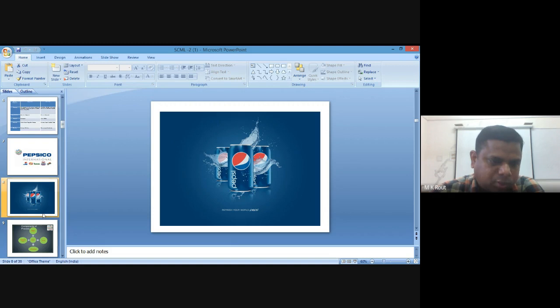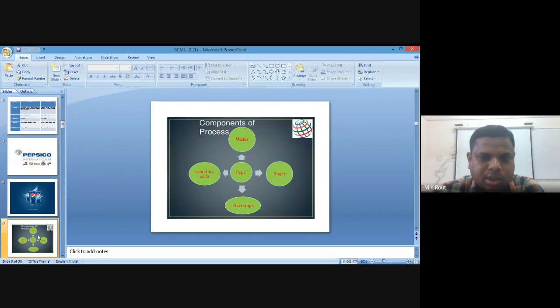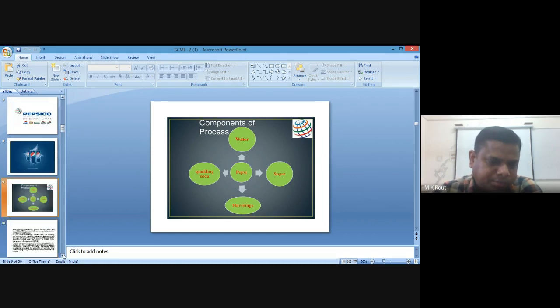But if you go to the value chain focus on supply chain with respect to this particular beverage company, first you have to understand how the composition is made, or how they are converted into a premium segment of cold drinks. Basically they add water, sugar, flavor and sparkling soda. The combination of water, sugar, sparkling soda and flavors are one type of value which enhances the quality of that particular beverage. Then moving to the next part.